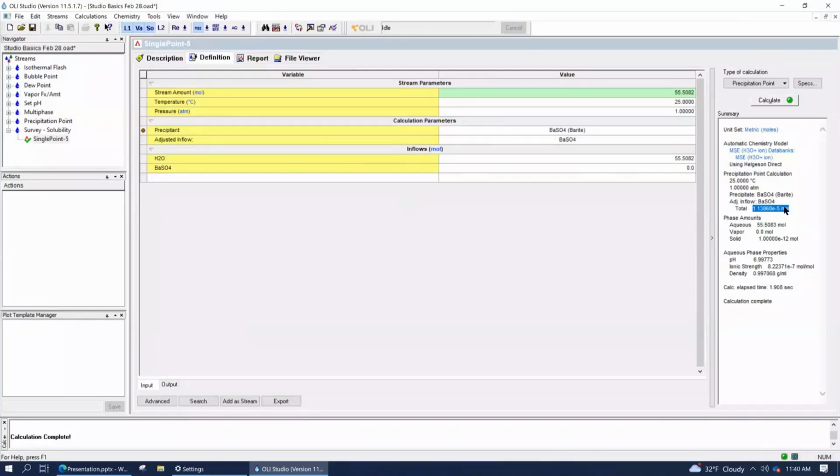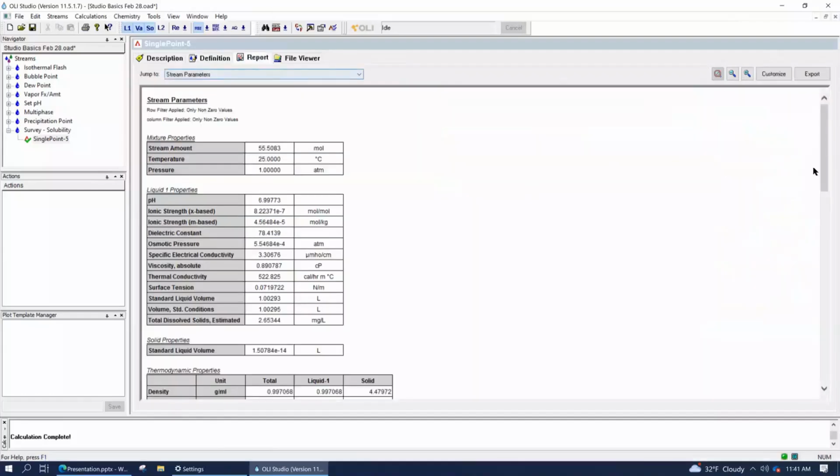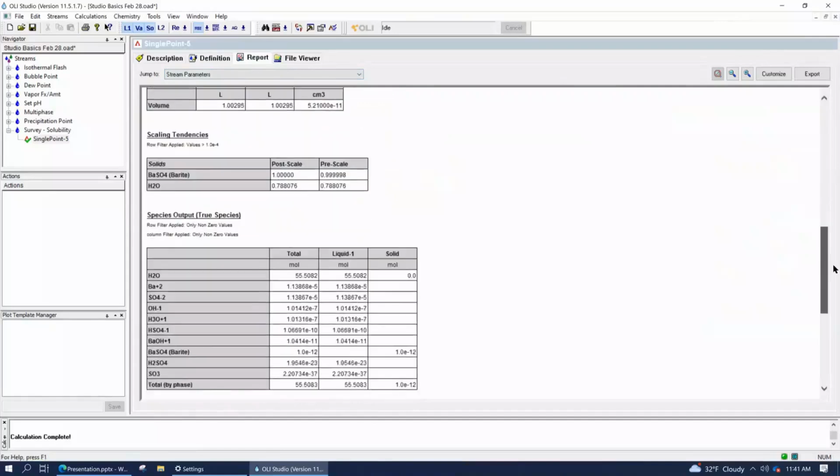Hey, AJ. So we're seeing here that the total solubility, as you said, is a little over 10 to the minus 5 mole. And then we go to the phase amounts and we see the solid as a 10 to the minus 12. Could you please elaborate a little bit on that? That's perfect, because now we can see we needed to add this much, 2.3 parts per million, but we're only precipitating out that much. This is when you start saying, why are these inconsistencies present? Then you go to the report. And the best place to start is the speciation table.